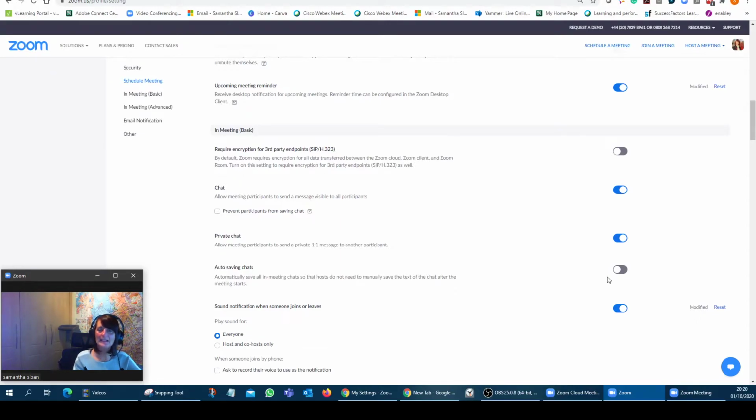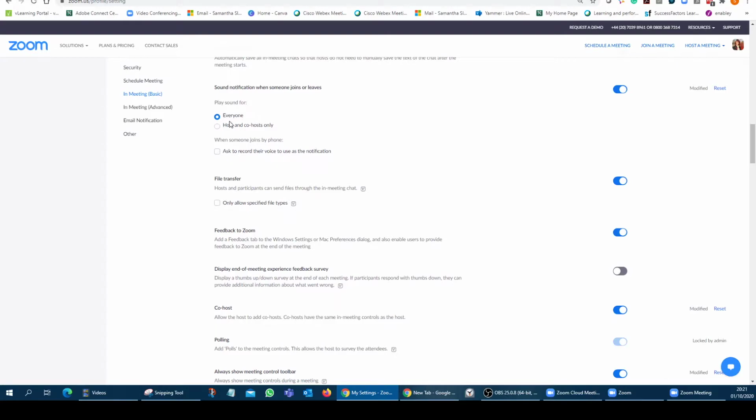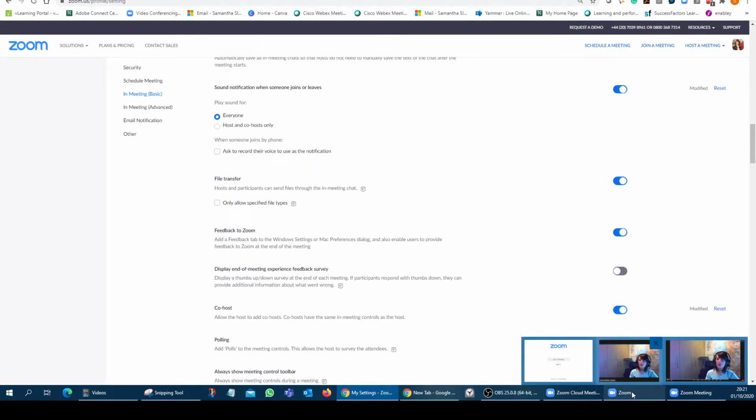One little handy thing to have on is to play a sound when somebody joins or leaves the session. That can be quite useful actually. And I've had that set to everyone, so everybody is actually drawn to the attention if somebody drops out or somebody joins as well. File transfer, this is where it starts to get quite juicy now,